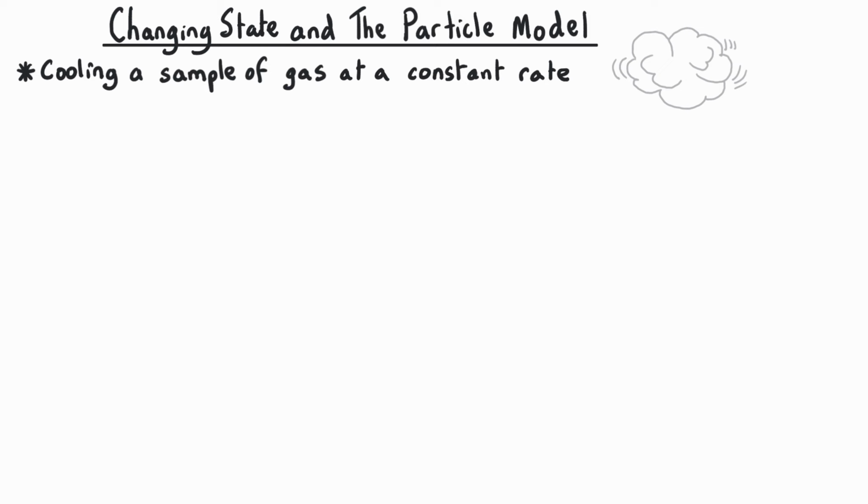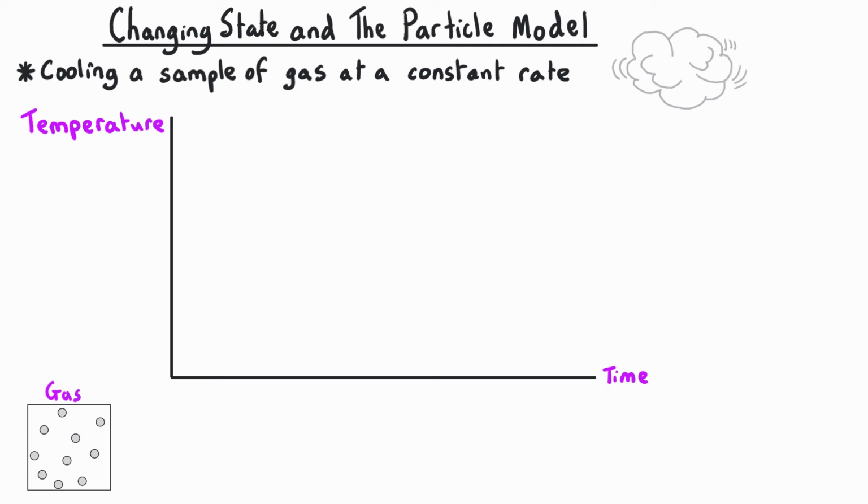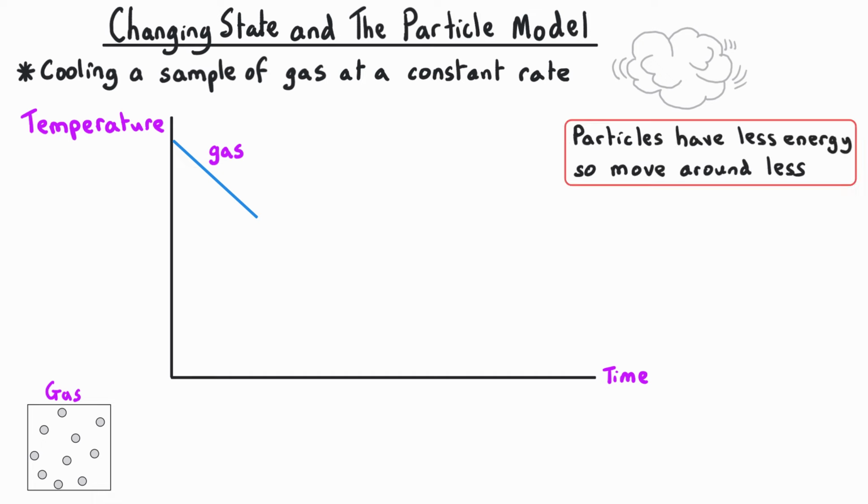If we started with a gas that had been heated to a high temperature and then allowed this gas to cool down, measuring its temperature as it did so, we would see the temperature drop over time. And this is because the particles have got less energy. And when the particles have got less energy, they will move around less and their temperature will decrease. And then once we reach the boiling point